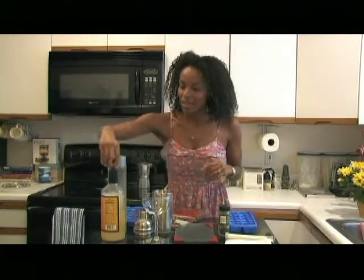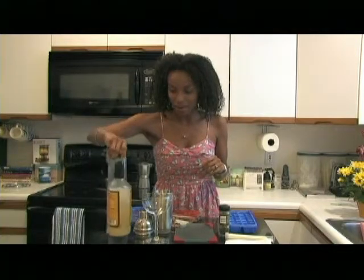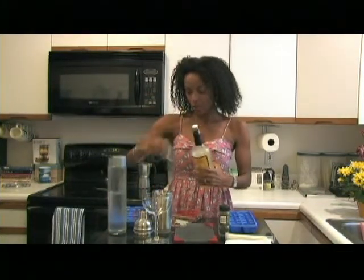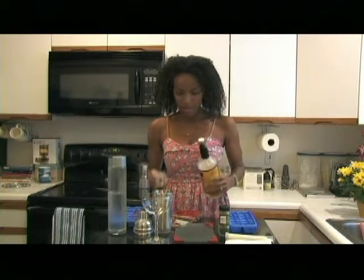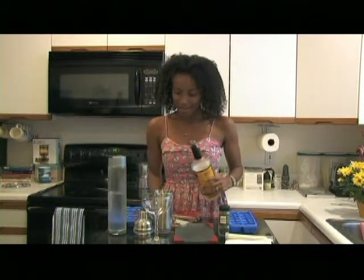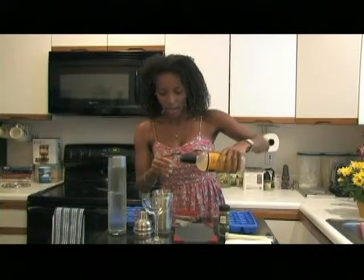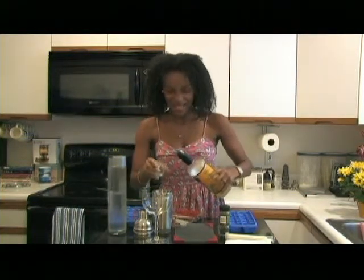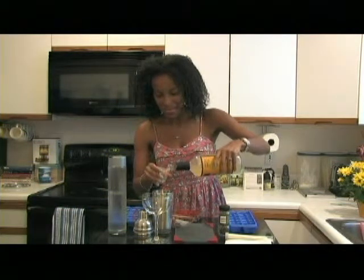But if you'd like to have a virgin mojito, one that you can enjoy with your friends and family, here's a solution. You can get mojito mix anywhere, and what you do is, I like to do about 2 parts. Got my little shot glass here. So we've got 1, oops, gets messy sometimes, 2,